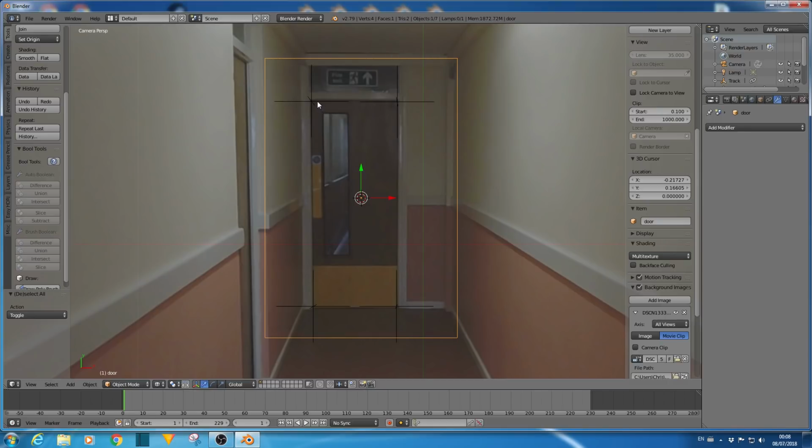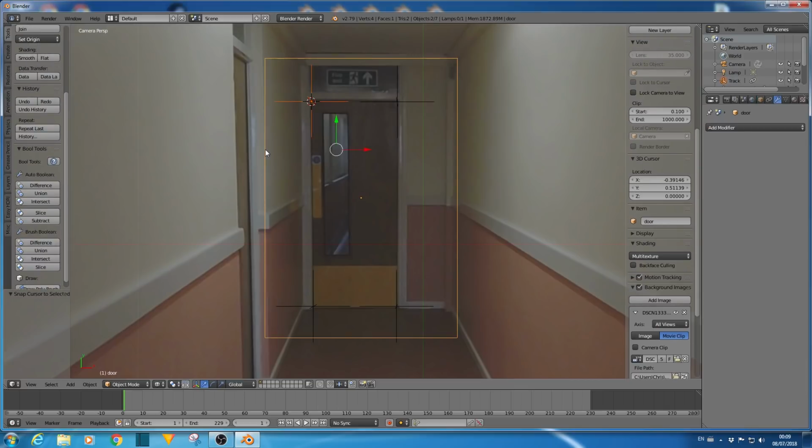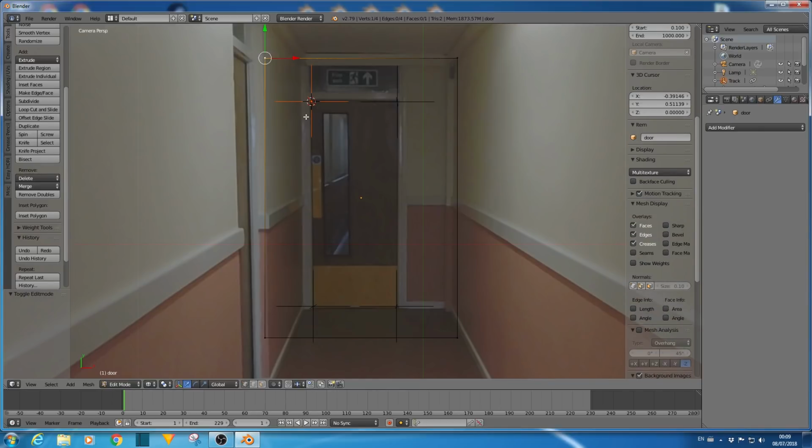But in order to do that, first we need to get the vertices into the position of the empties. And to do that, we're just going to select the first empty and then press Shift S and snap cursor to selected. Now the cursor is in the correct position. We can Shift select the plane, Tab to go into edit mode, and then we want to simply select the top vertex that corresponds to the empty there,